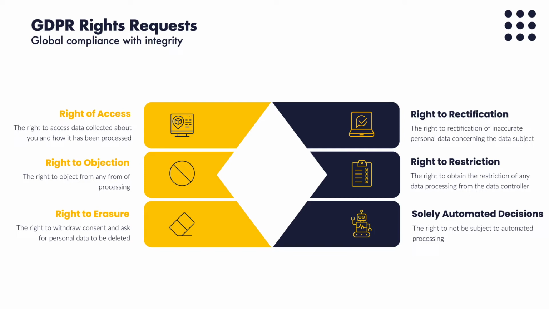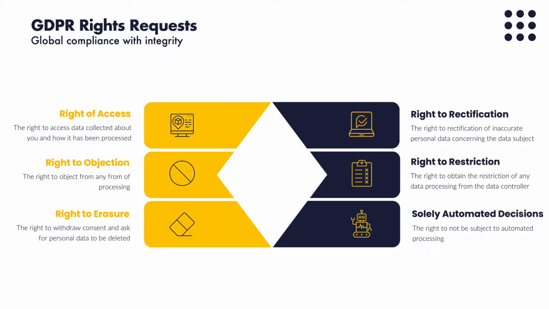With that in mind, let's now take a closer look at the types of rights requests that businesses might be faced with. Although there are numerous other rights detailed within the GDPR, the main 6 rights which we're going to be focusing on today are likely to be the rights which you would receive a request around. All of these are laid out within Chapter 3 of the regulation. As you can see on screen, these are an access request, an erasure or deletion request, an objection to processing, a rectification request, a restriction of processing, and a review of any automated decision making which may be carried out on the data subject. To give you a little bit more context on what each one of these entails, I'm just going to quickly go into each of these for you now.